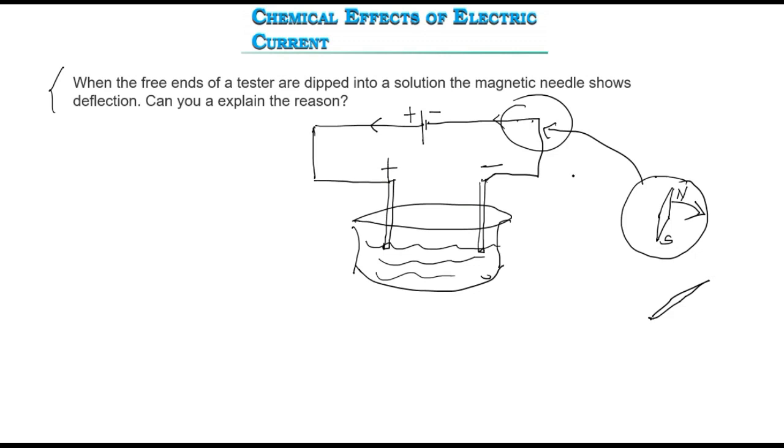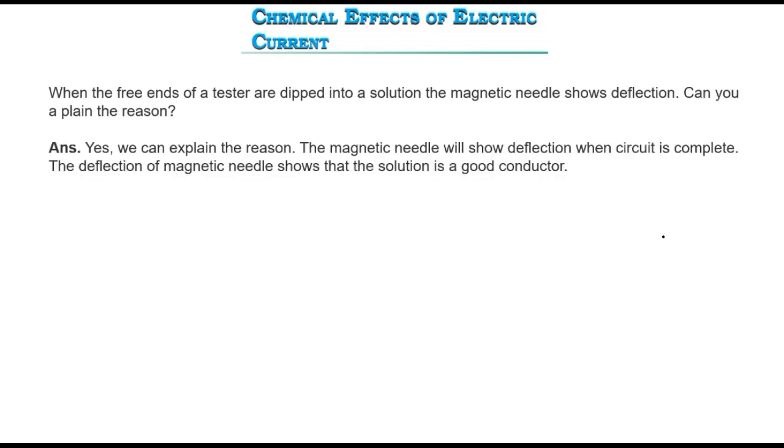Okay, so can you explain the reason? This is the reason: the electric field and the magnetic field both are the same. It is as if one magnet is kept near another magnet. Can you keep one magnet near another magnet without deflection? North and north, will they be the same? They repel, and therefore it repels, right? So this is the explanation for it.